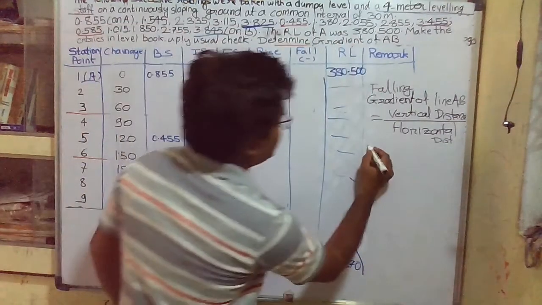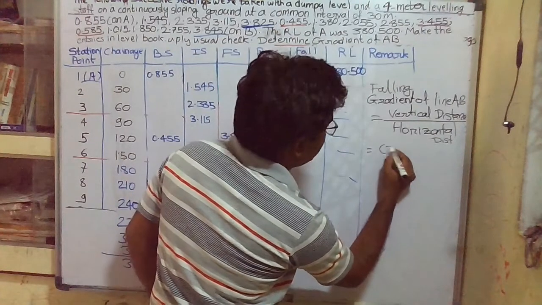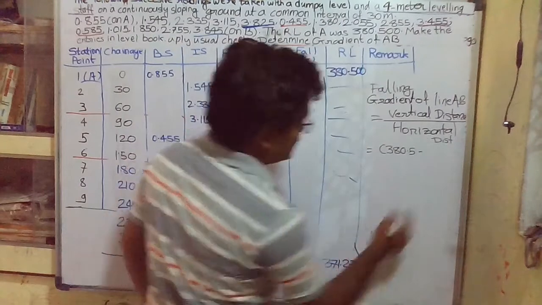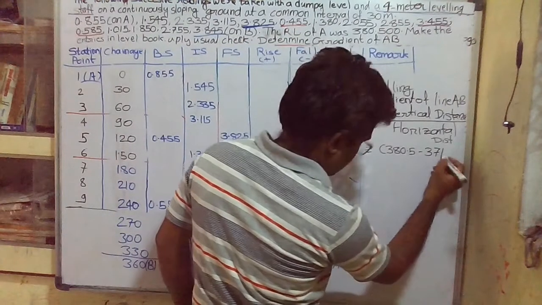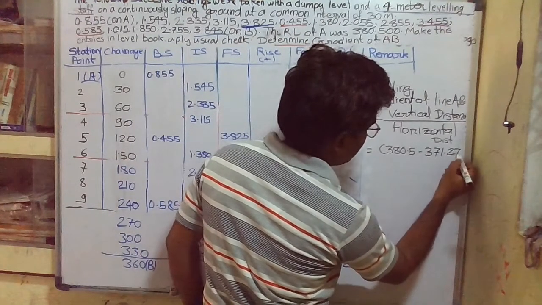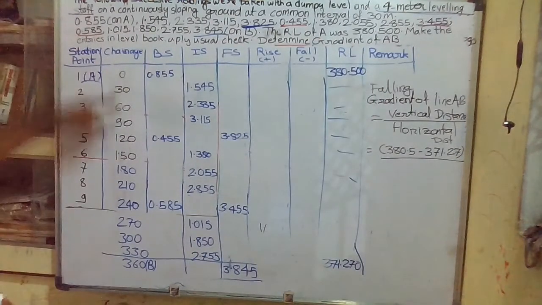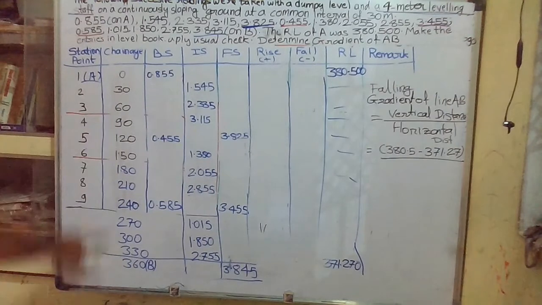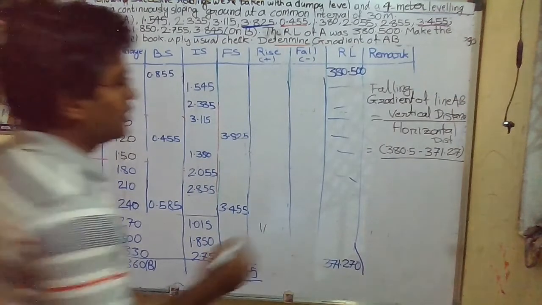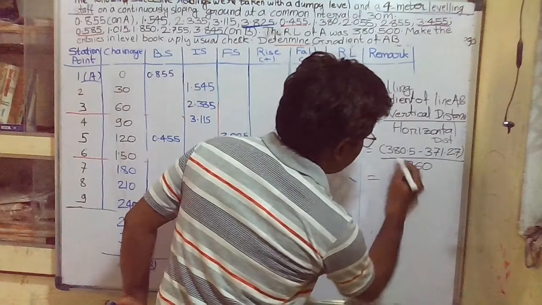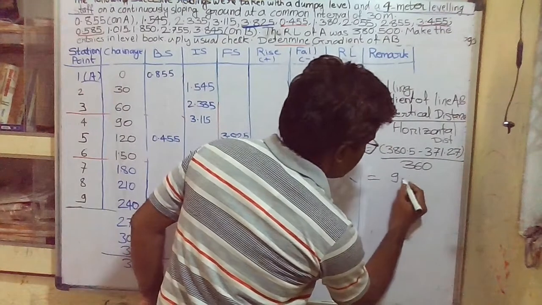Vertical distance is equal to 380.5 minus 371.27, divided by the horizontal distance. Here what is the change? The first point is 0 and the last point is 360. Means here what is the distance? It is 360 meters. So here we can write 360. So we'll get here the difference is 9.23